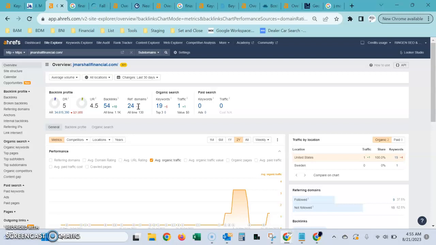One very strong one is what's called a citation, which is anytime that your name, address, and phone number appear in an online directory. Those include Yelp, Yellow Pages, Better Business Bureau. Good news about these is they're usually always free. It just takes some time to find them, register your business, and then input the information exactly as it's shown in Google.